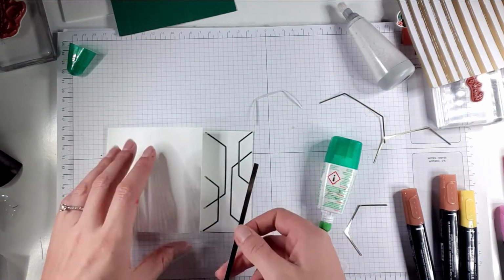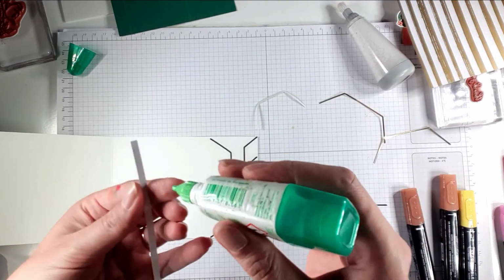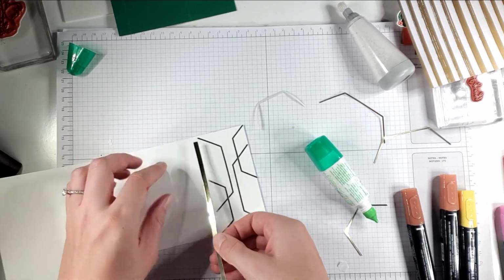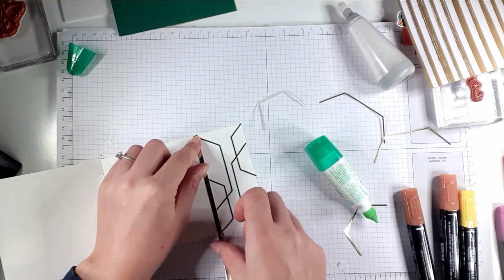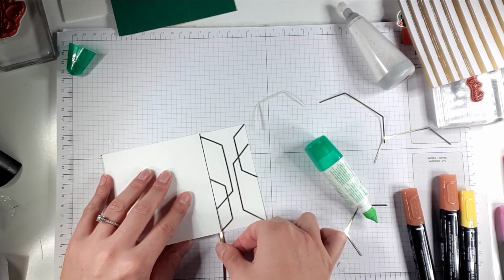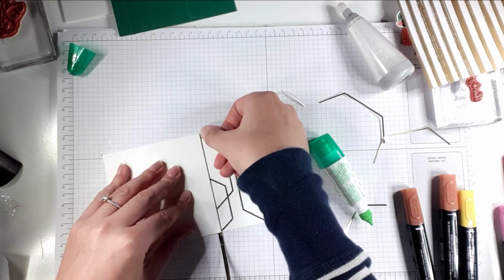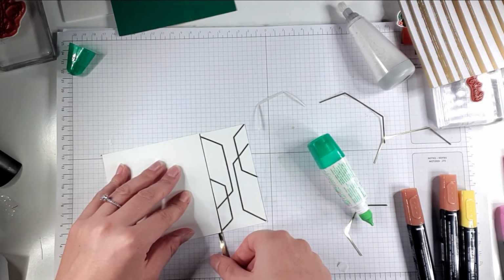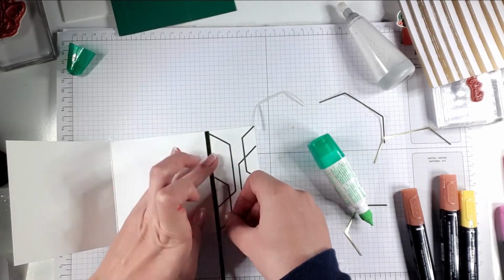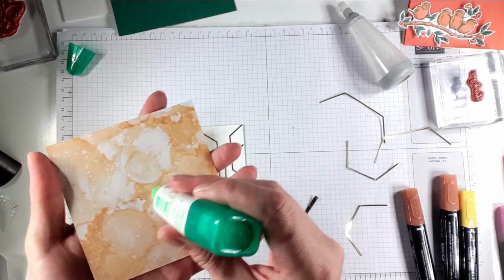And then you know that the gold matches exactly with what you've got on there. And I'm just going to glue that just along here. I'm just going to fold that over so I can just make sure. You can see I've just got a little tiny edge showing just along that line. I just want to make sure it looks straight so that when the card's closed it looks nice. And I'm going to trim that end off, and then I'm just going to